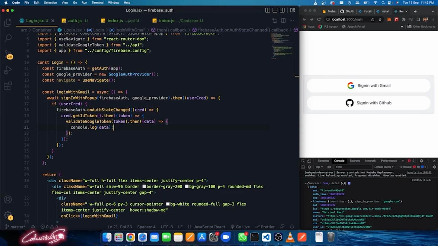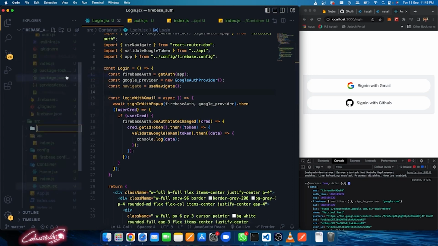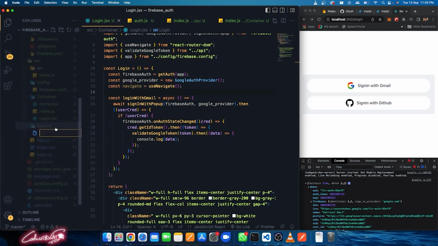Okay, so first what we need to do is just go here, open up the folder, and inside the source folder create a new folder called context. Inside the context we are going to create a user redux reducer. Okay, we are going to provide a context, we are going to create a context provider. Right click, I'm going to create three different files: initial